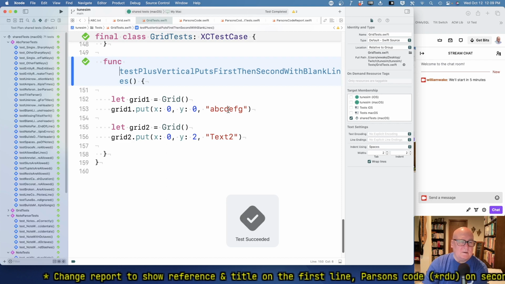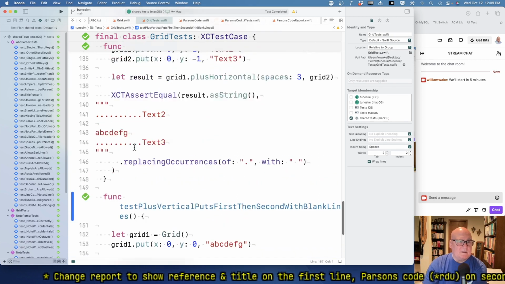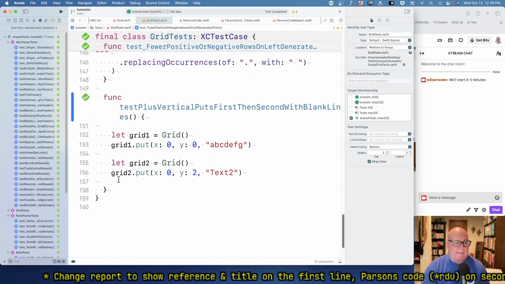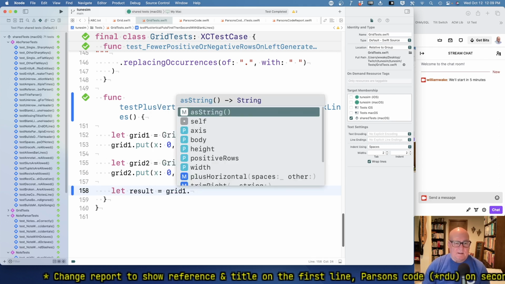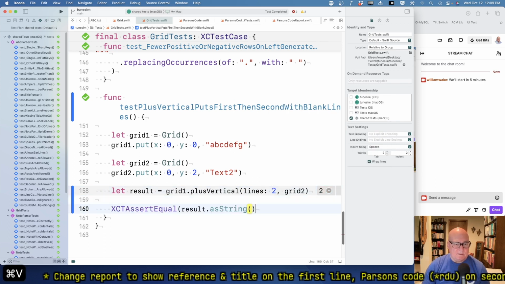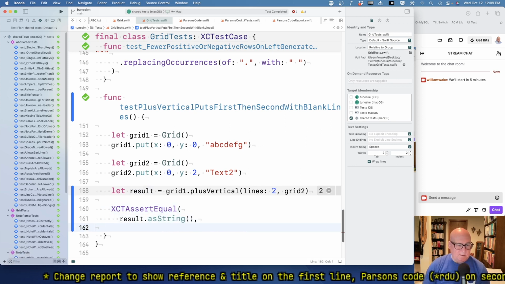Actually, 0, 0 on this one. I don't know, Y2. That's okay. I want to check the assert. Okay, let result equal grid 1 dot plus vertical lines 2 and grid 2. And then I want to assert the result should be